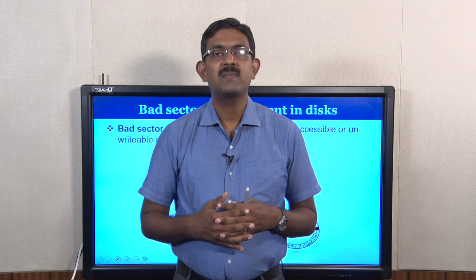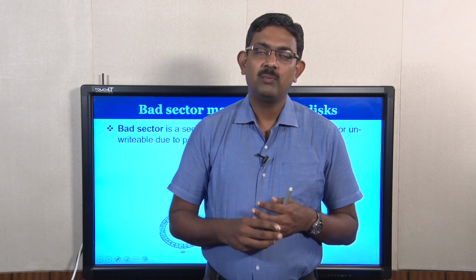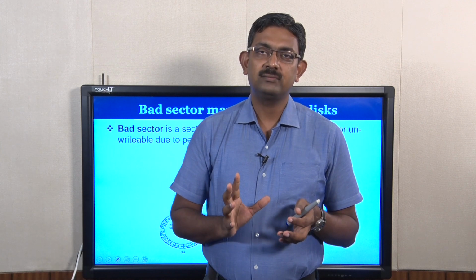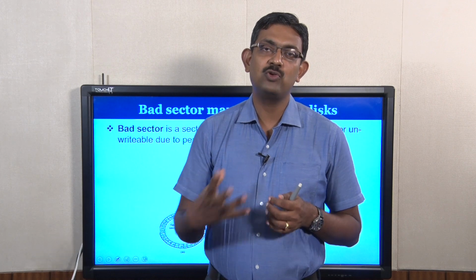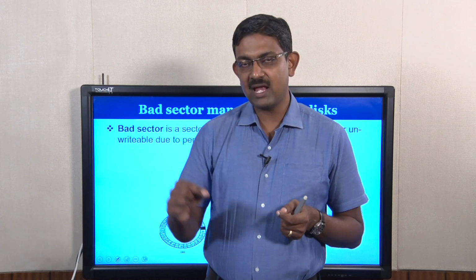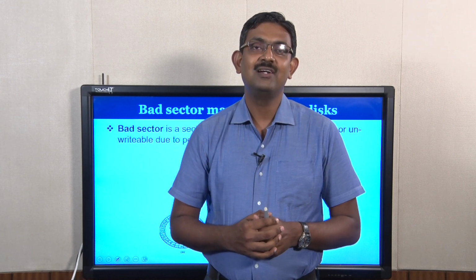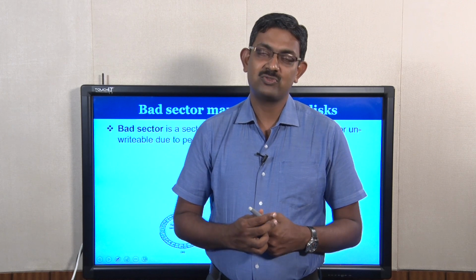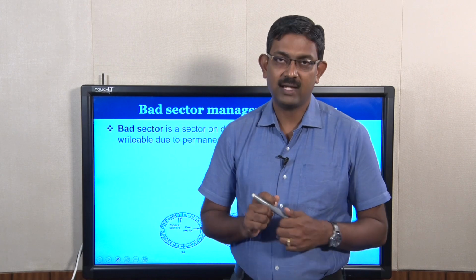Let us imagine there are 32 sectors inside a track, but we make only 30 sectors available for the user to work on and 2 sectors are kept as buffer. So, if there is damage in any of the sectors, I could potentially use these reserved 2 sectors to store the data that is supposed to be stored in the damaged sector. There are 2 ways of doing it, we will learn that.